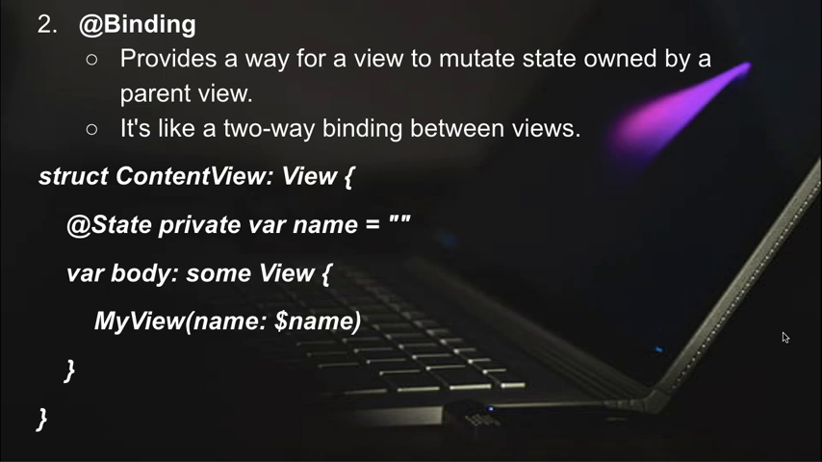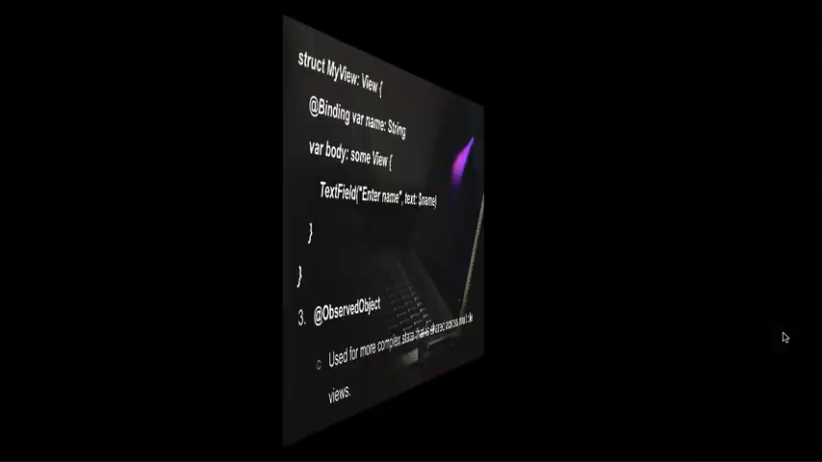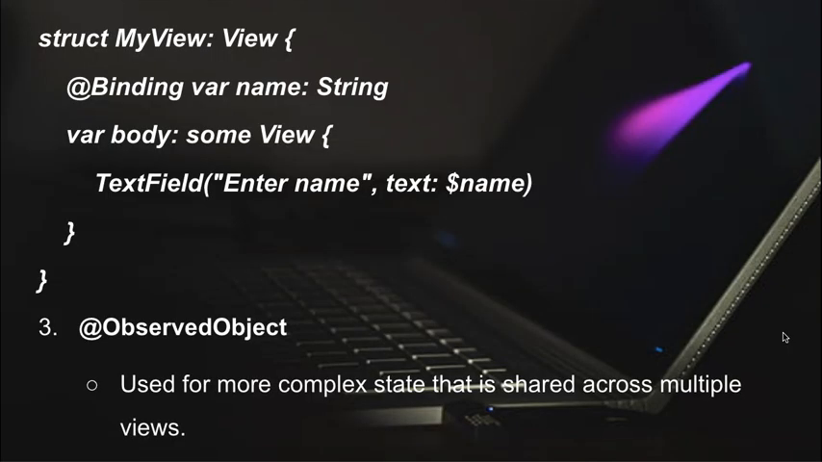struct ContentView: View { @State private var name = "" var body: some View { MyView(name: $name) } } struct MyView: View { @Binding var name: String var body: some View { TextField("Enter name", text: $name) } }